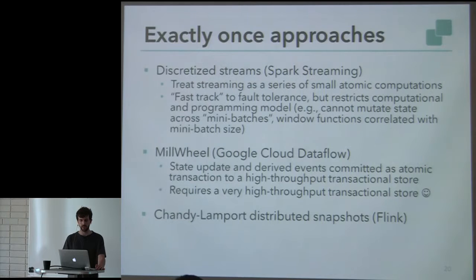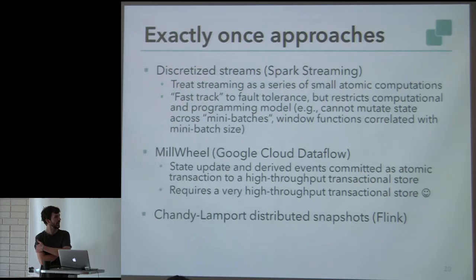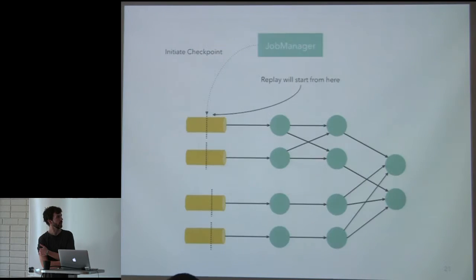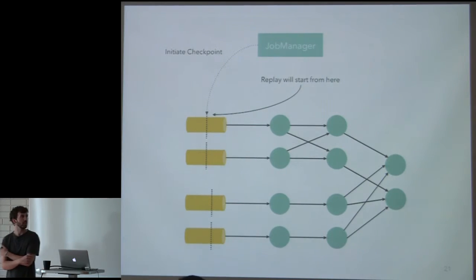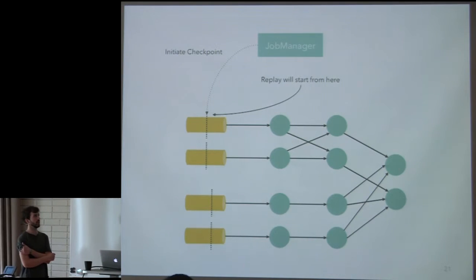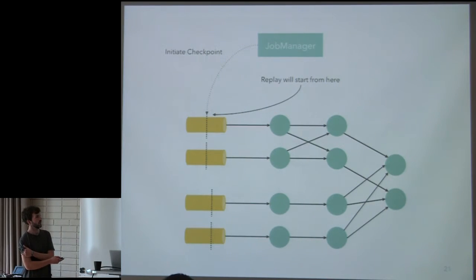It's not really state of the art, it's from the 70s, I think, but it's a really nice algorithm. And I want to show you a little bit how it works, because the basic principle is not so complicated. So if we have a data flow program here, and these are the sources, and these are sinks, here at the right, then to create a checkpoint while the Flink job is running,